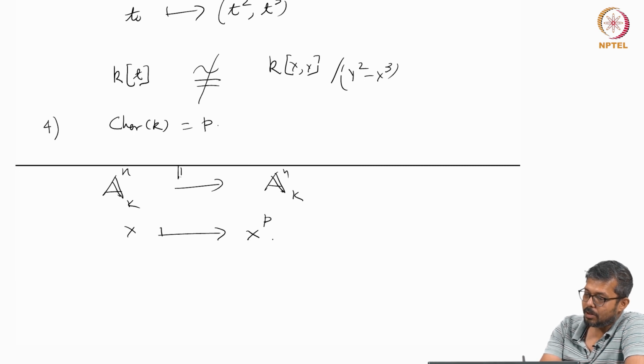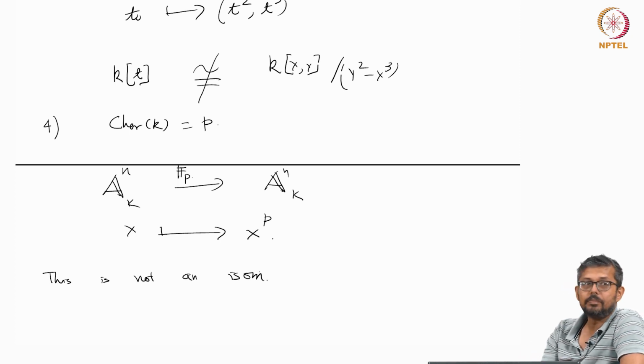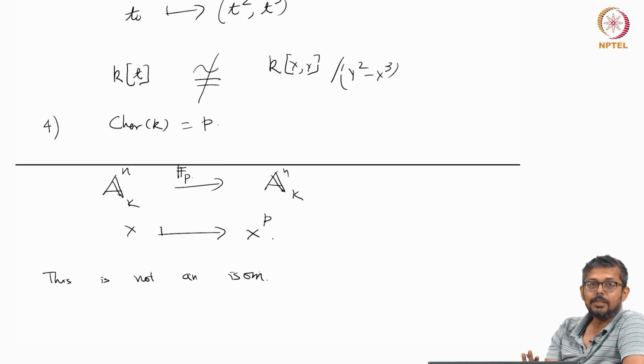This is sometimes called an FP map. It is not an isomorphism, but they are all bijections. So a set-theoretic bijection does not mean isomorphism. Isomorphism is a little special, right? Because it has to take regular functions to regular functions. So all the information which is encoded into your